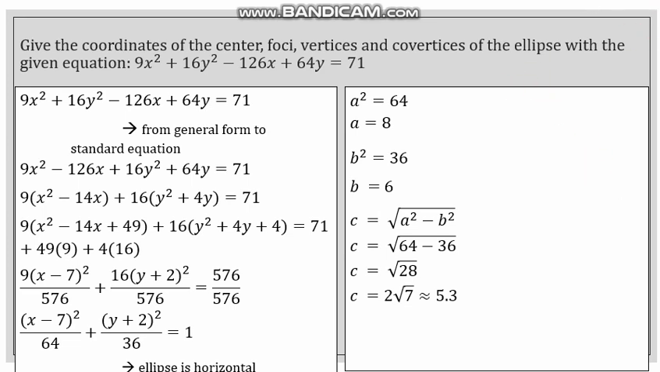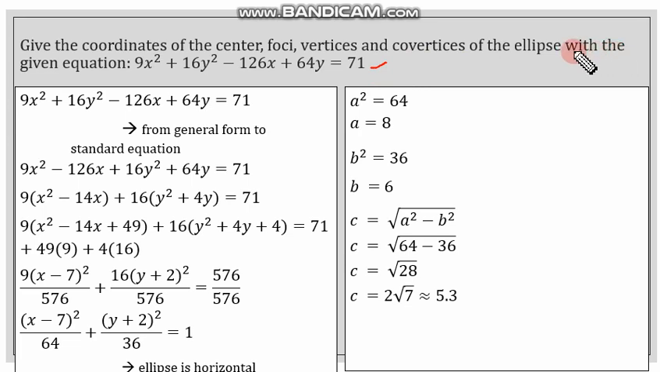Give the coordinates of the center, foci, vertices, and co-vertices of the ellipse with a given equation. 9x squared plus 16y squared minus 126x plus 64y is equal to 71. Take note, this is the general equation of an ellipse. So from the general form, we will convert it to the standard equation to get the center, foci, vertices,